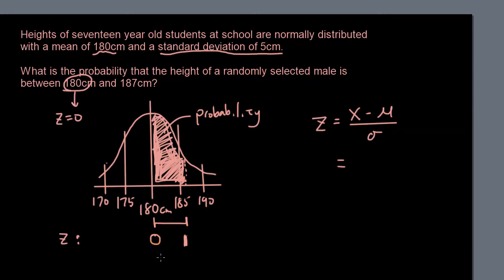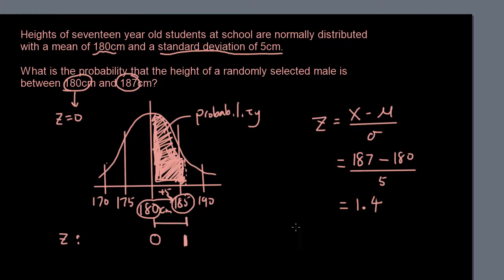Z-score is basically how many standard deviations is it from the mean. So 5 centimeters is 180. 180 plus 5 is 185. So 185 is 1 z-score, has a z-score of 1. Okay, so what is the z-score for 187? Well, let's substitute that into x. So we have 187 minus the mean, which is 180, divided by the standard deviation, which is 5. So let's put that into your calculator and you should get